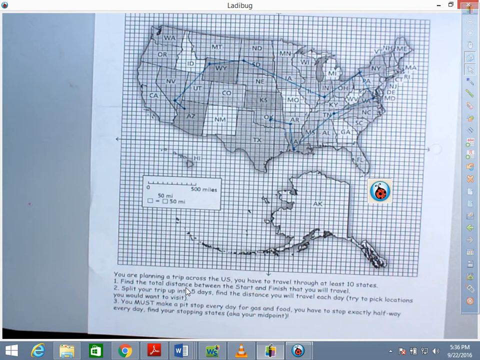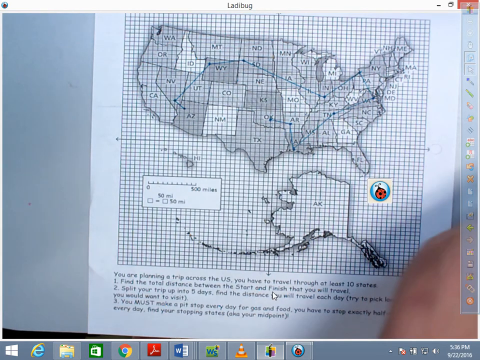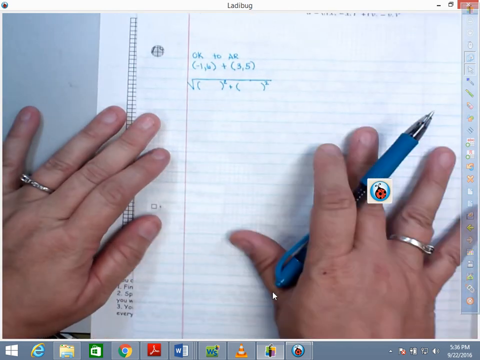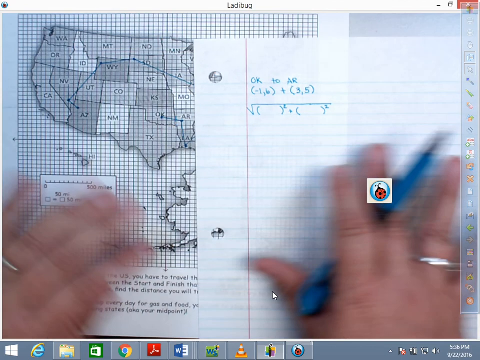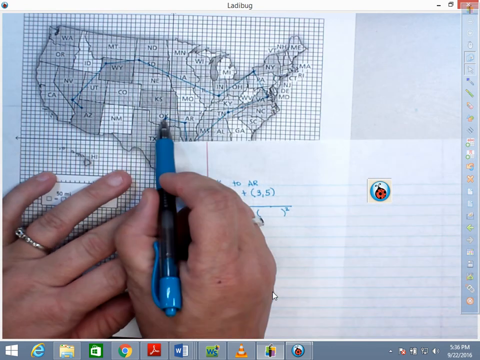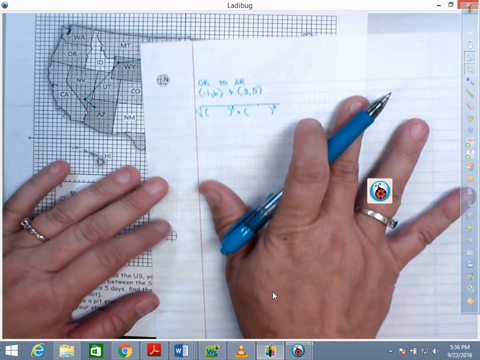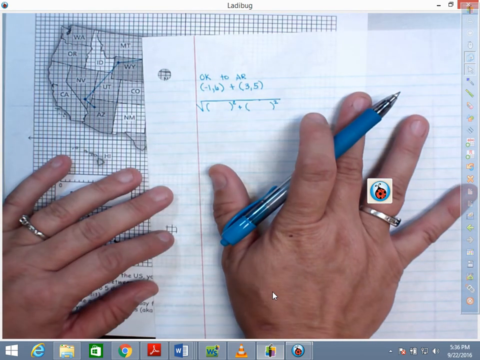We're going to find the total distance between the start and the finish that you will travel. I want this done on a separate sheet of paper. You're going to have to find the distance between all 10 of those points. When I started my first line, I went from Arkansas to Oklahoma, so I need to find out how far that is. I know it will be easier to use the Pythagorean Theorem here, but I really want you to practice using